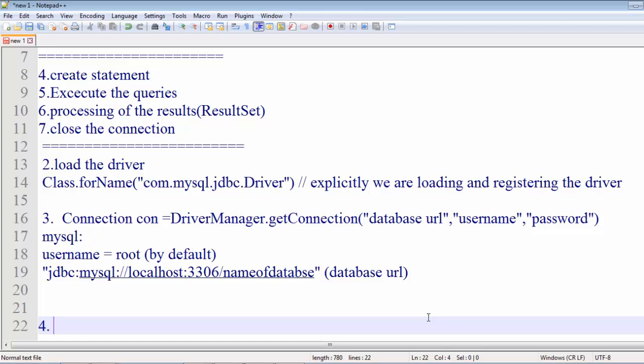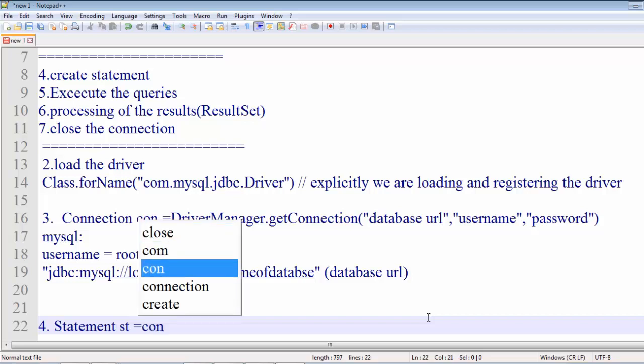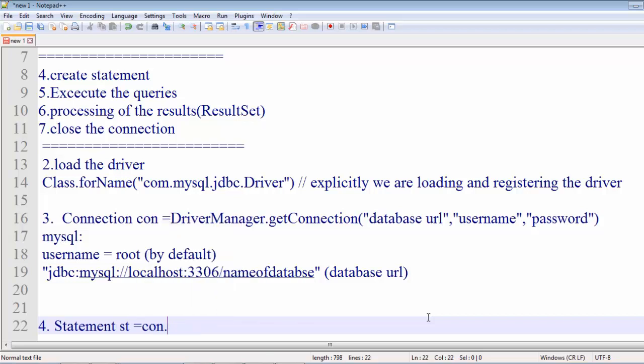So how will you create a statement? A statement will be created like this. Statement is also an interface, so you can't create an object; you will create a reference of type Statement, and you will call a method, createStatement, on this connection object.